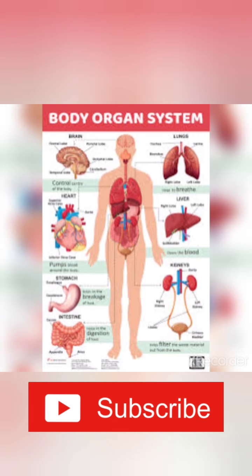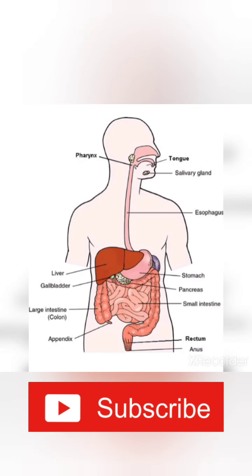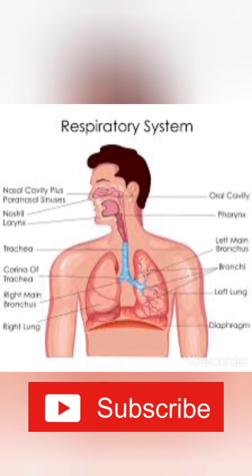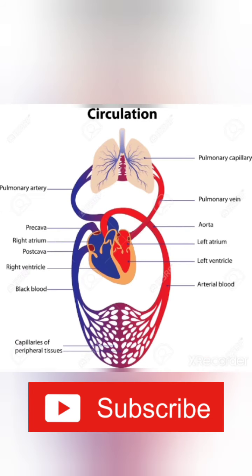Our body contains various organ systems. Each organ system performs its special functions in our body with the help of other organ systems. For example, in the previous chapter, we studied the digestive system and respiratory system and their functions. In this chapter, we will learn about the organs and functions of the circulatory system.